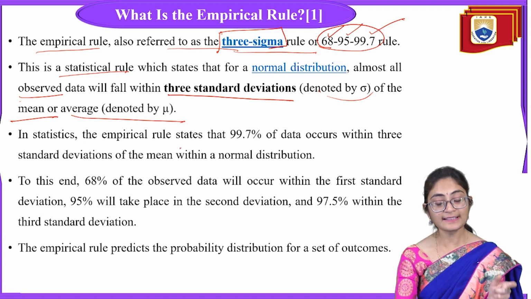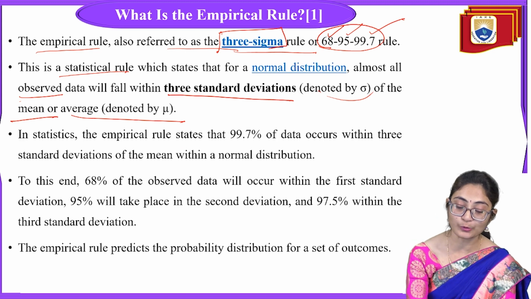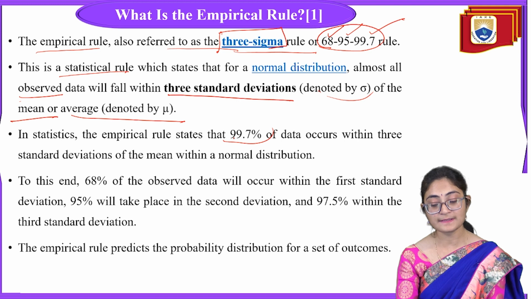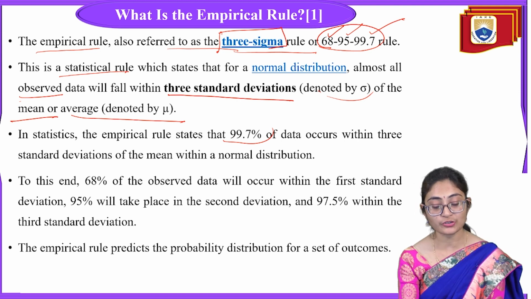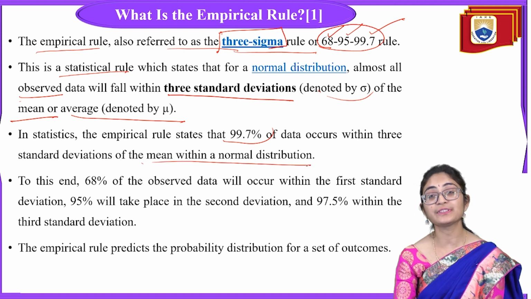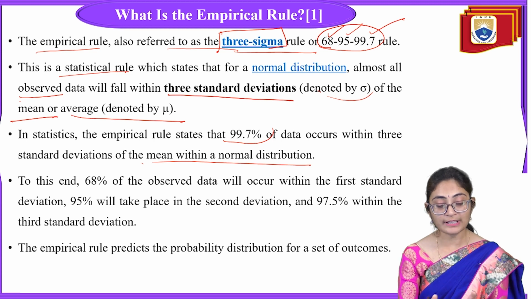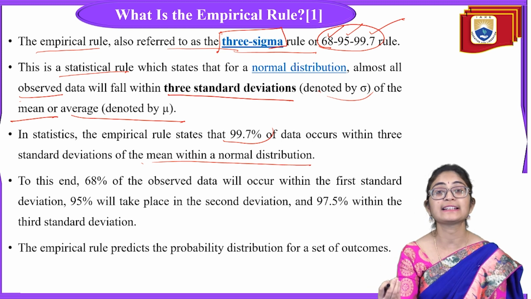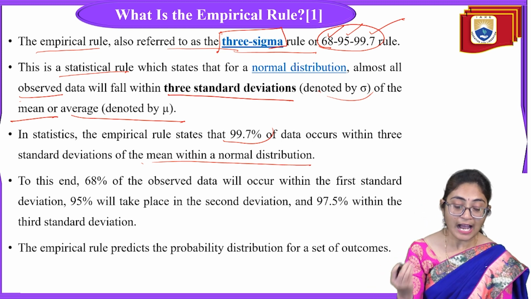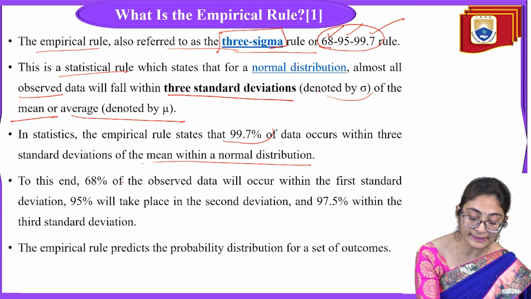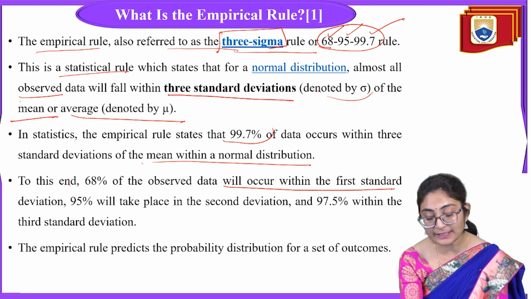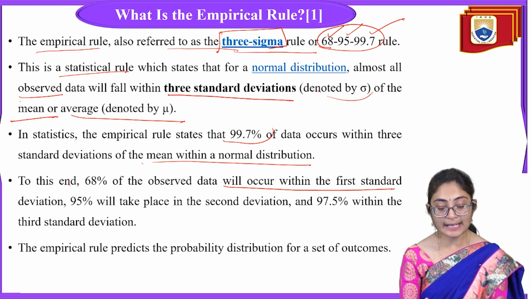In statistics, the empirical rule states that 99.7% of the data occurs within 3 standard deviations of the mean in a normal distribution. That means whatever data you have, 99.7% of that data is accurate. Then, 68% of the data is observed within the first standard deviation. That means